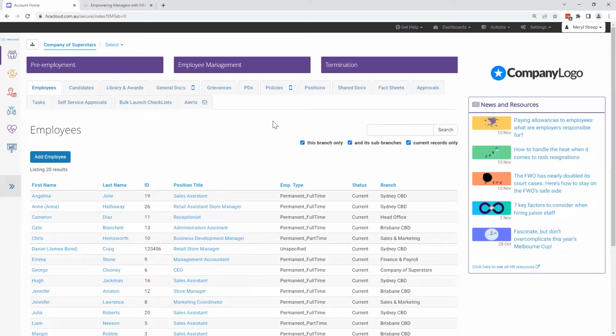So jumping down to beneath the workflows, this area just here with all these tabs, this is your document management area. For each module, this will contain different tabs where you can locate a variety of information relevant to that module. The name of each tab will indicate the type of information it contains. And in the Employee Management module, you'll be able to locate your employee records under the Employees tab just here, and all of their associated documents.